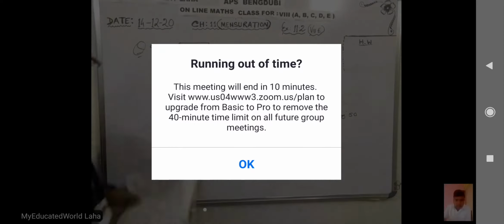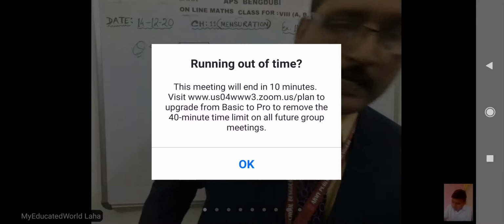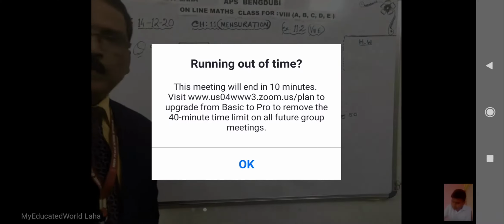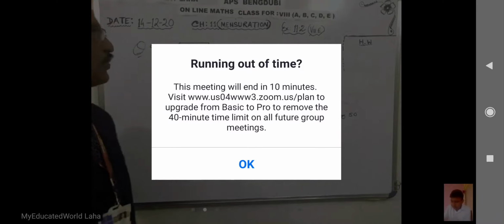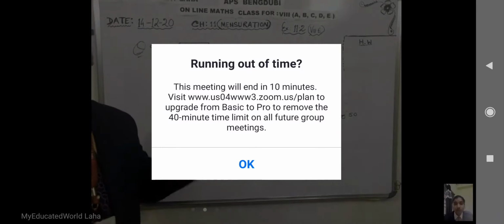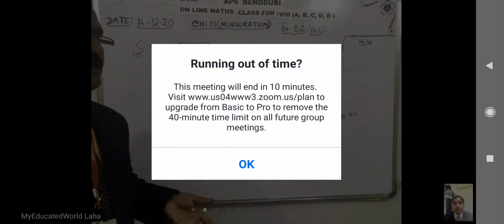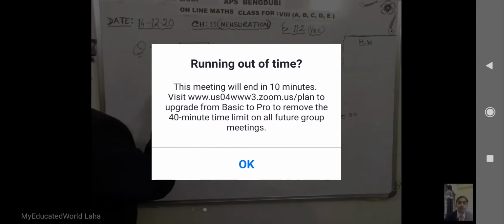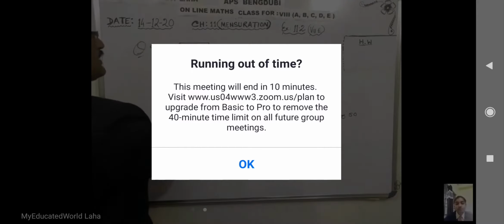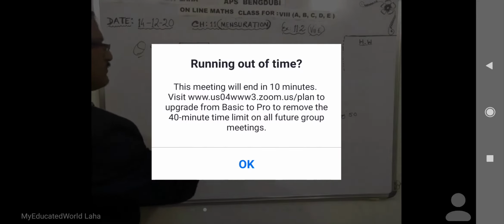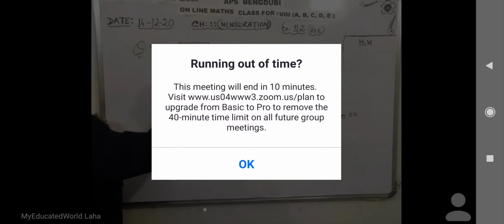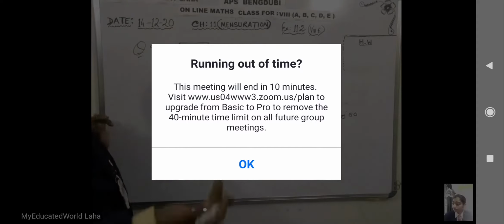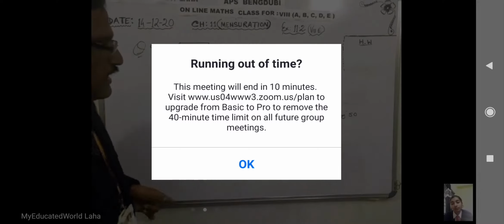You have to find the area of this octagon. I have not given you any formula for the area of an octagon, right? So when it is so, what will you do? You will divide the figure into 2-3 parts in such a way that you can apply one formula. Since it is an octagon, the area of this part will be the same as the area of this part, and this will be a rectangle. So the octagon equals 2 trapezium and 1 rectangle. If I find the areas and add them, it will be the area of the regular octagon. Understood?